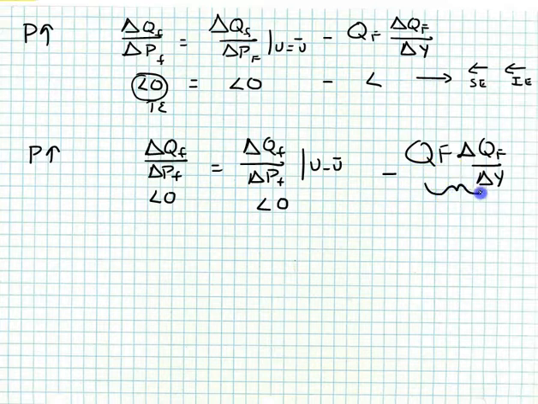What happens if this good is inferior? An inferior good says as income decreases due to the price change, the quantity of food will actually increase, making this effect